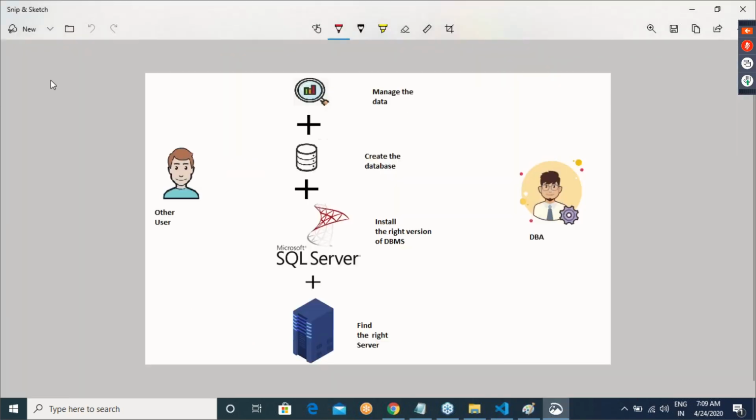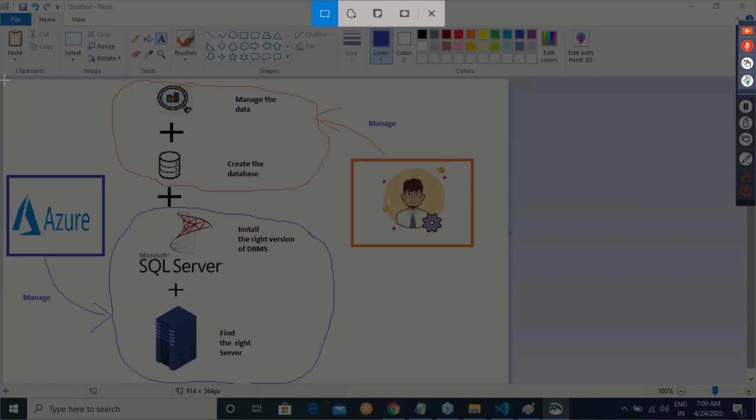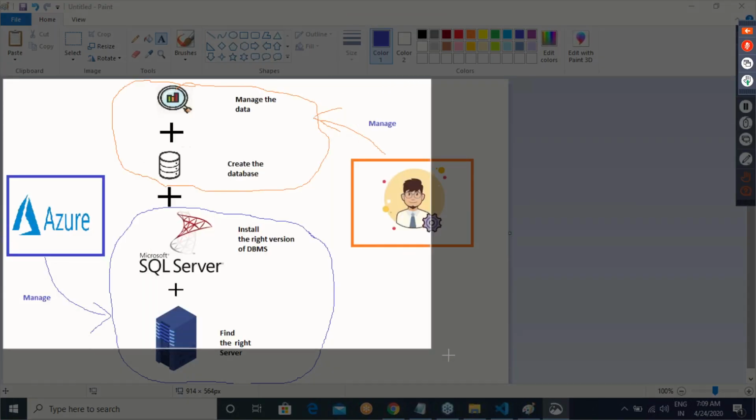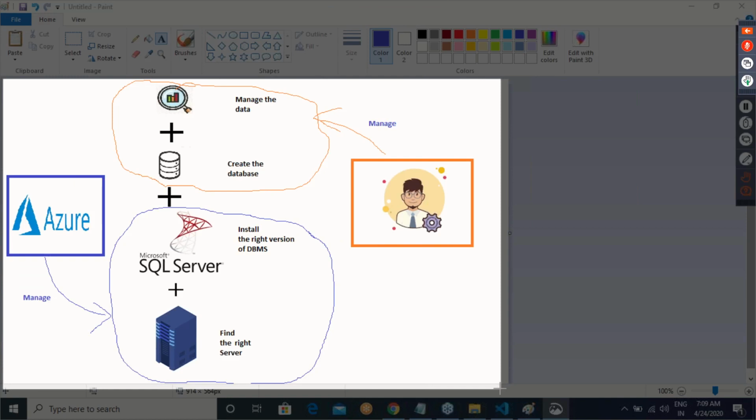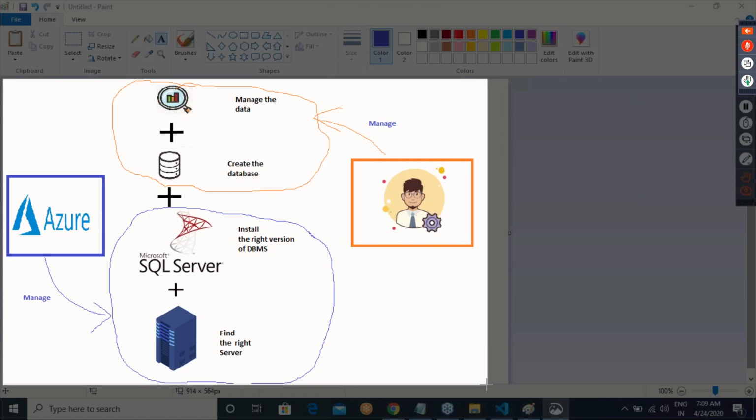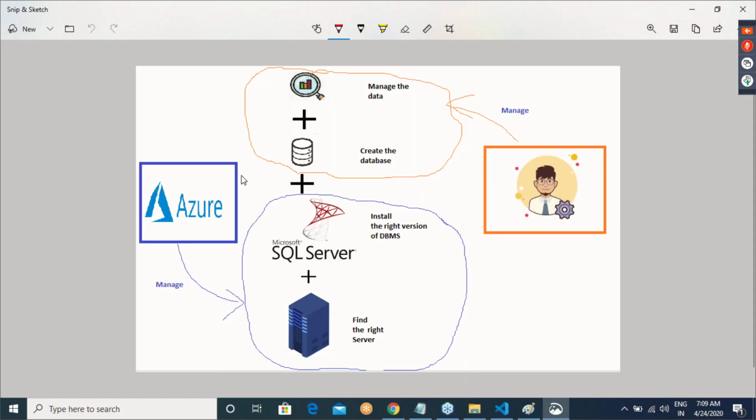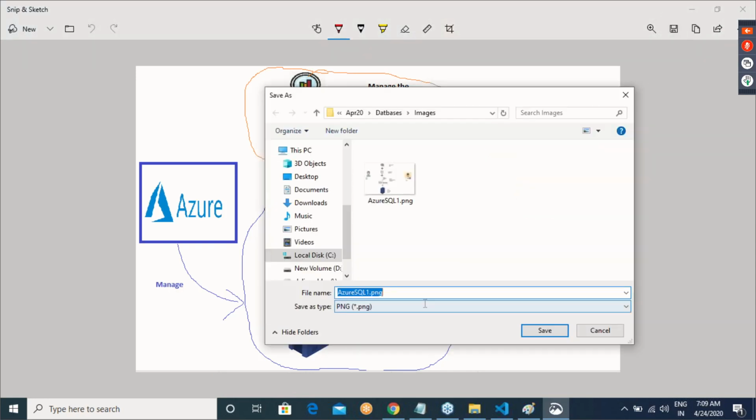Let me take an image of it. And one more thing: don't take this for granted. There might be many more areas which Azure might come into. Azure's graph I have drawn only till here, but in some other parts also we can give them responsibilities. I'm just giving you an approximate idea of it.